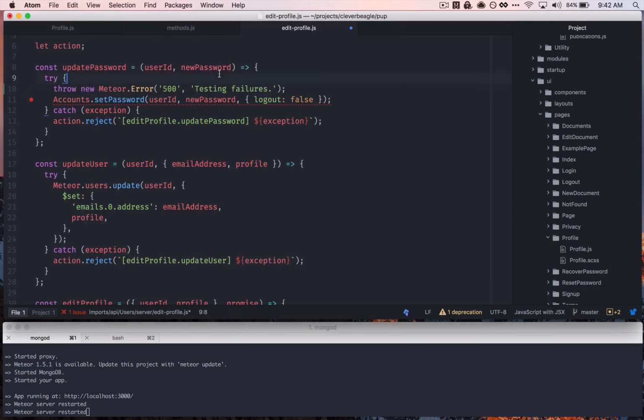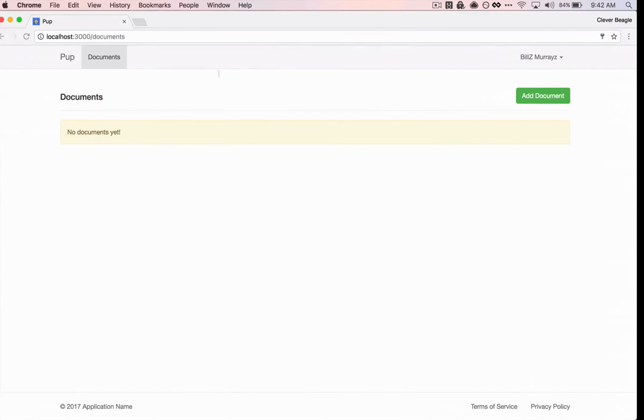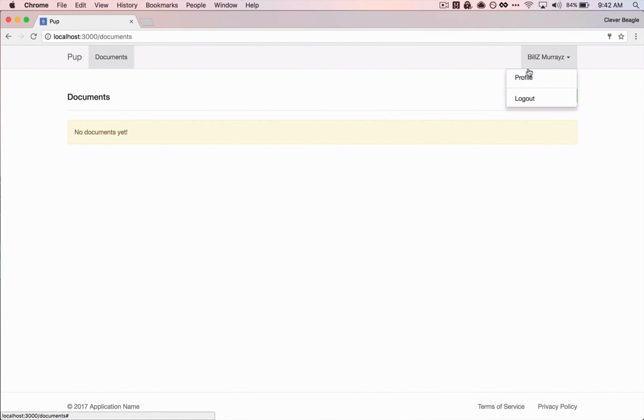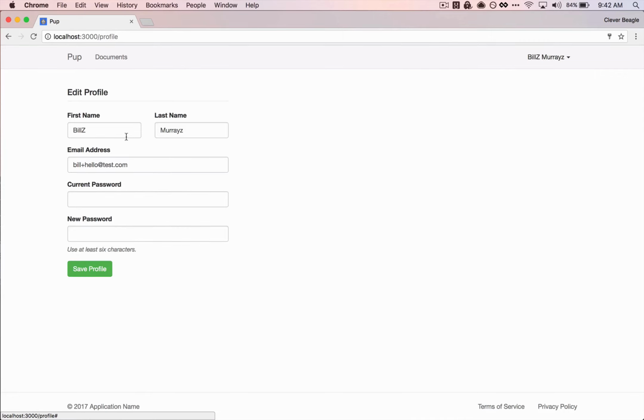So if we go ahead and save this, and then jump back to our browser, we're going to go to our profile. And this is really neat. So notice, even though we're trying to throw this error in the password, I'm going to change a few things here. So I'm going to change the first and last name. We'll leave the email address alone, but then I'm going to try and change the password. So remember earlier we set this as password 123. So now we're going to try and change it back to password. But what we want to pay attention to is what happens. So if I click save,